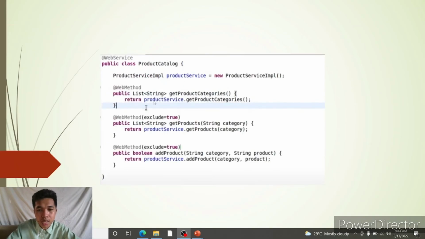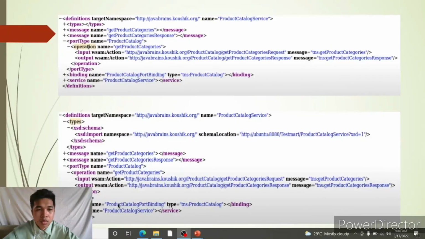So this is the web method. The code is hard to understand, so we need to remove this and focus only on this. In order to remove these two methods, you can erase them, or you can put an exclude here. Exclude is a boolean. If you put exclude equals true, then it will exclude these two web methods. So this is the result of excluding the two methods. It lessens the code, excluding the other methods, so we can understand it easily.